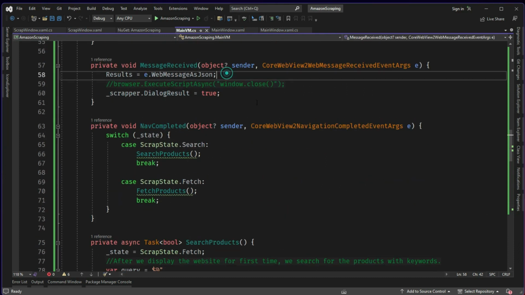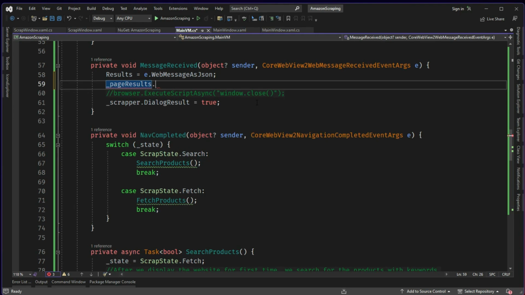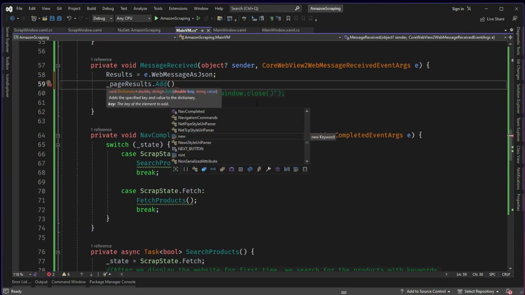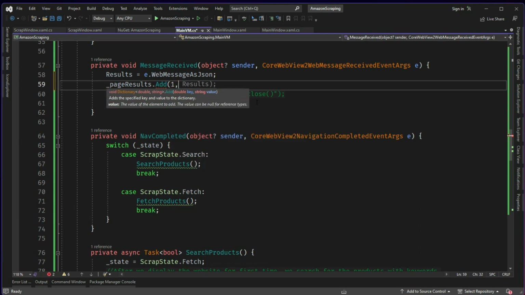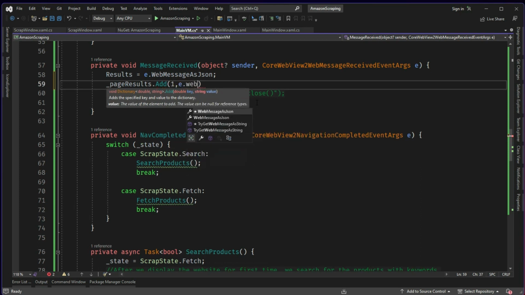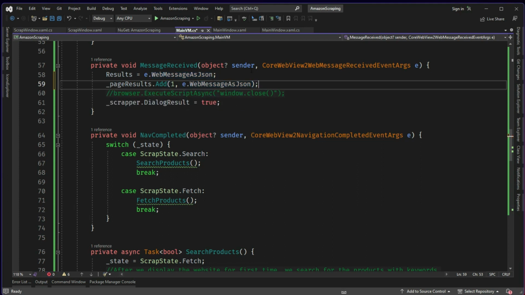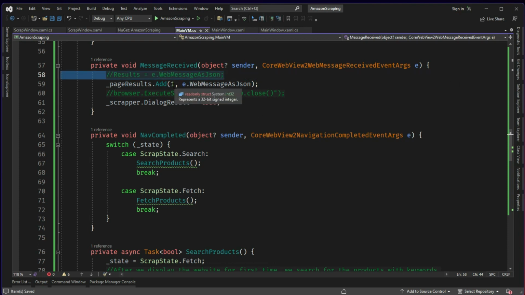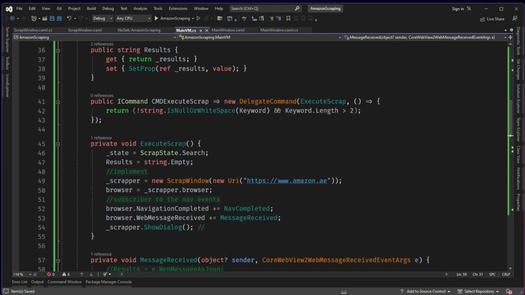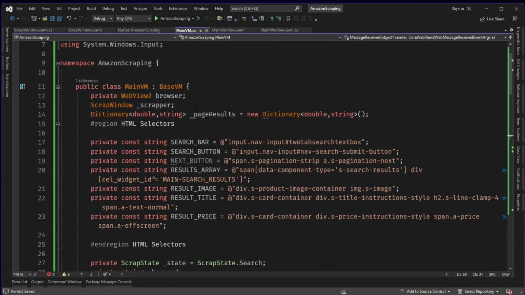However, here page results dot add, we will just say first one is page 1 for the time being, e dot web message json. So this is my value. Comment it out again. Now what happens is we need a current page value here,